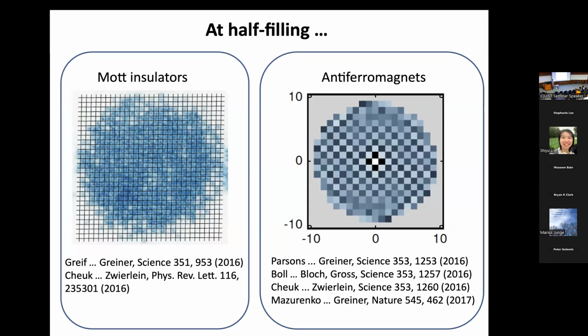Early on, people were able to see these Mott insulators, where you can take pictures of the system and see that as you crank up the interactions, you have one atom per site most of the time. If you're at finite tunneling, you have some virtual processes where, say, a particle hops over to a neighboring site and hops back. Then there are these antiferromagnets. As I said, you have the superexchange, which leads to an effective model near half filling, which is a Heisenberg model.